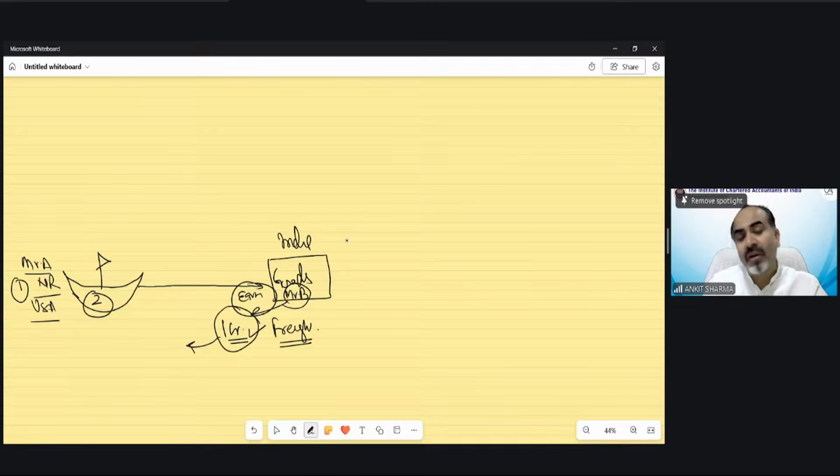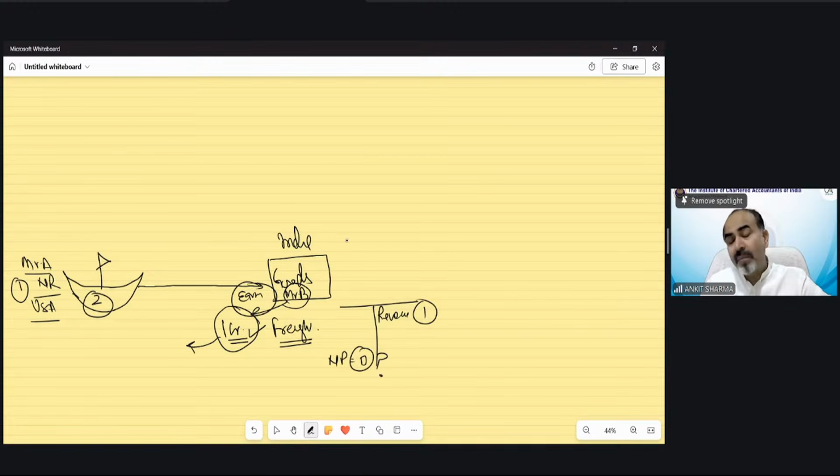Now, how will we calculate the income and tax on it? Because this 1 crore is his revenue, not the profit, and we will charge the tax on the profit. So he will say that this 1 crore rupees is my revenue, and you need to charge tax on the profit. I am not sure how much is the profit out of this receipt. So I will need to go back to my office, calculate the other expenses, and at the end of the year, I would be able to calculate the profit. Then I will come back and pay tax. So that would be again the same problem.